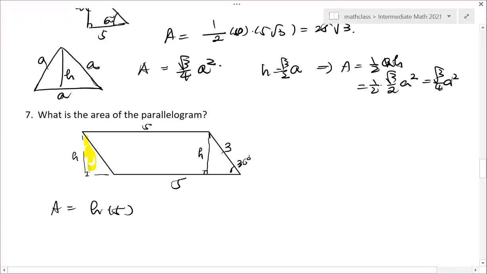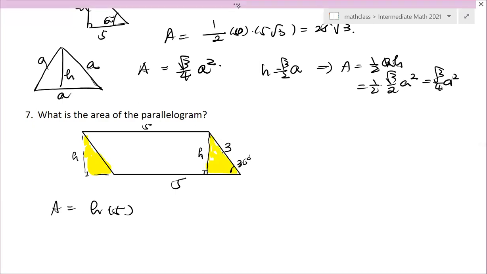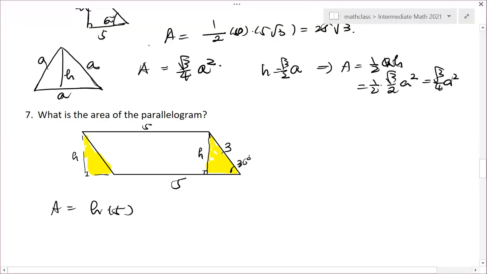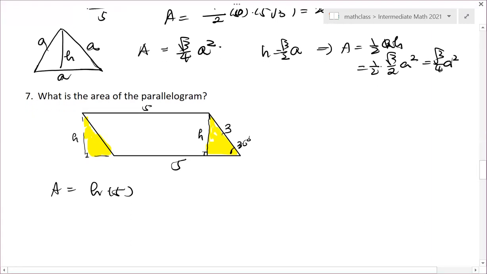This part is coming from here, right? I didn't draw the picture correctly, so let me make it more precise. The angle is much smaller, it could look like that. This is a 30 degree angle, and that's how it looks. This is h, that's 3. All right, that's fine. So h is going to be half of 3,